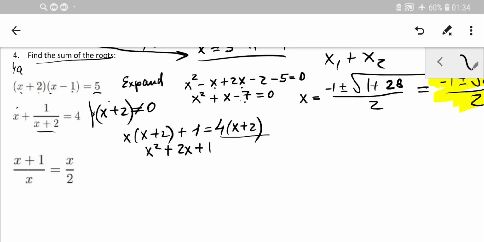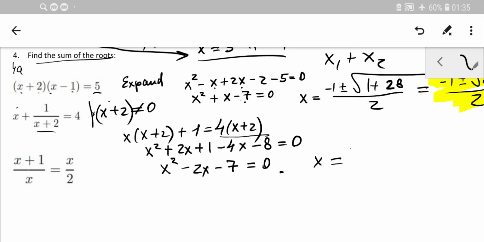Then I'll transfer all the expanded expression to the left-hand side. I'll get minus 4x and minus 8 equals 0. Okay, so from there we'll get x squared minus 2x minus 7. So